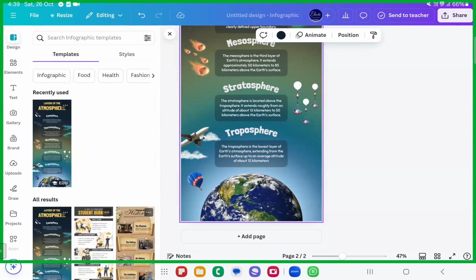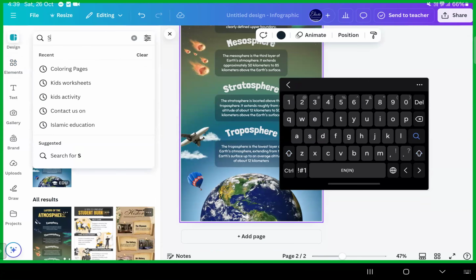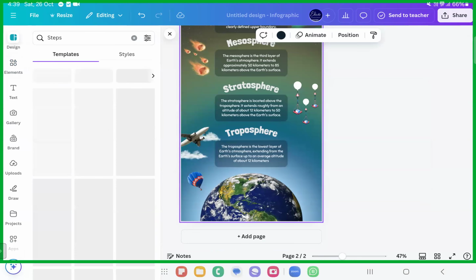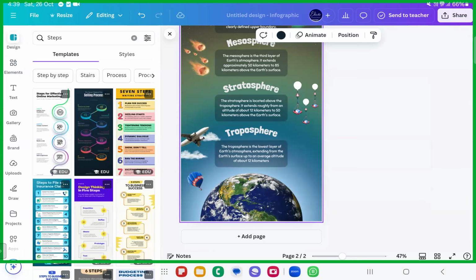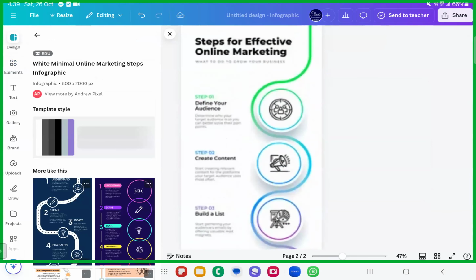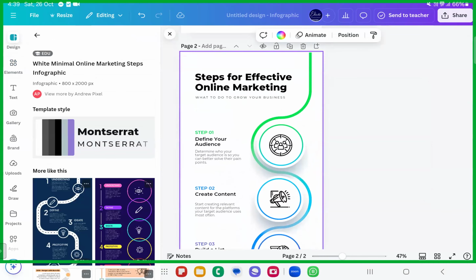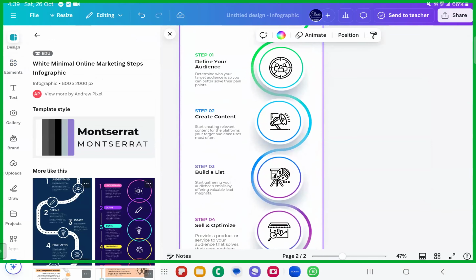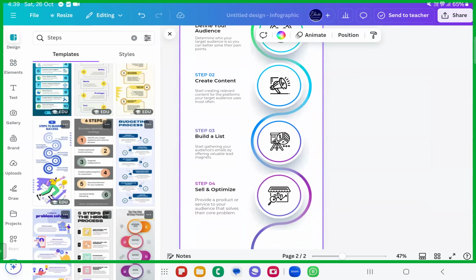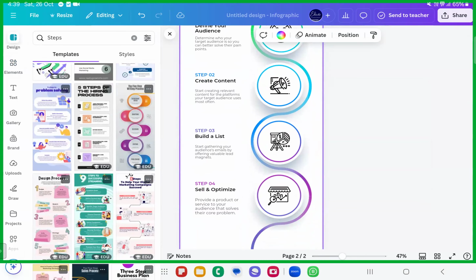Okay, for example, steps of Salah. If you want to create it for the steps of Salah, steps of something. Okay, that infographics I put up very excellently. See here, something like this. If you want to put the steps of Salah or something like that, you can just customize this itself. Okay, these graphics itself, because all of these are pro ones. You can just customize this and put it up very excellently.